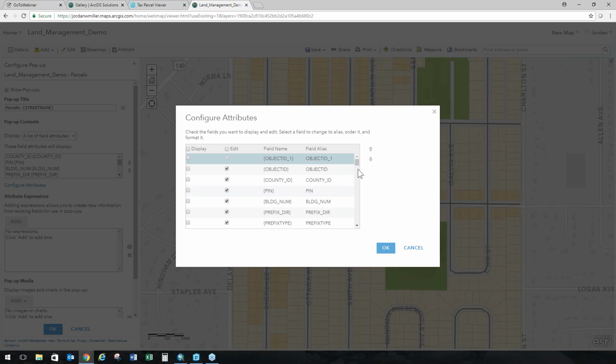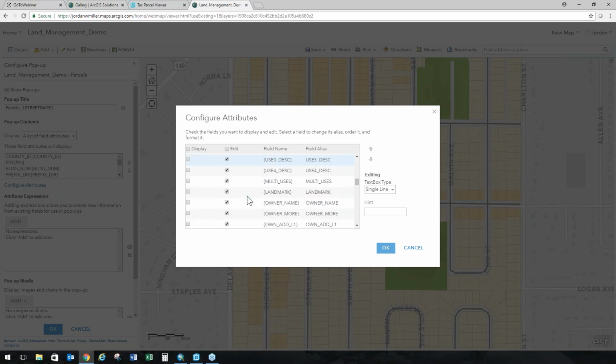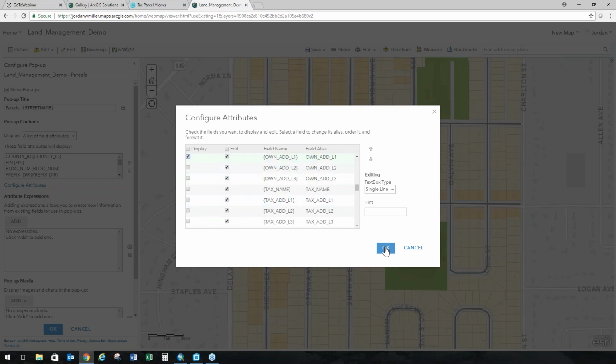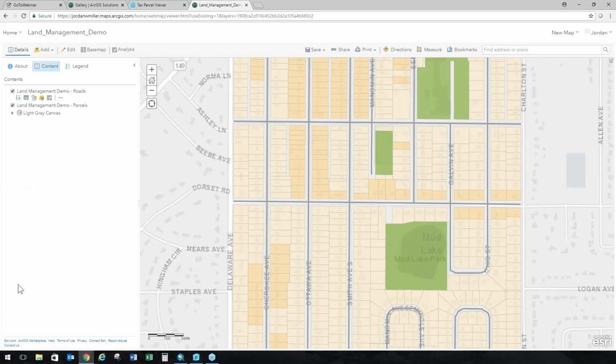So for the purpose of this, my overall goal with this web map is I want to create a property viewer. I want to see who the owners are of individual properties throughout an area. Okay, so some relevant information could be the parcel ID number. We could go through and start to find some additional information, such as owner name and then owner address. So if I click OK and then click OK on the pop-up configurator,